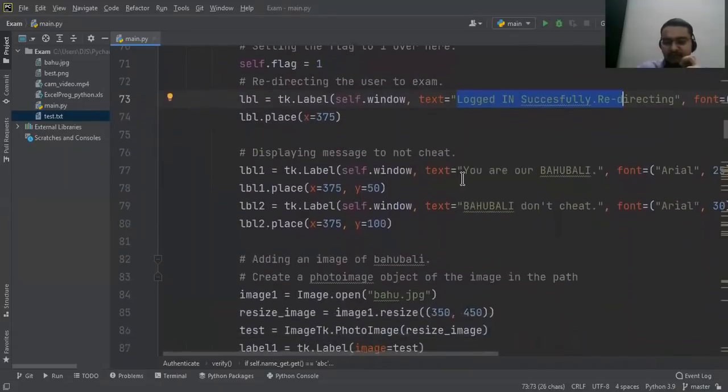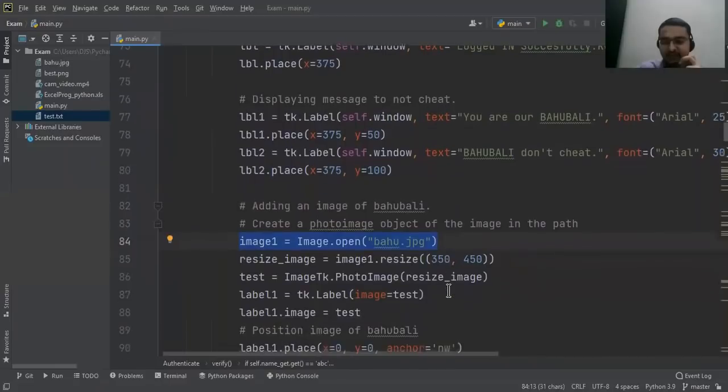I've just put a few formality kind of texts between the login window and the examination window. I've put in a few moments for the students to relax essentially, and that is why there's a bit of fun over here that you are our Bahubali, so that they don't end up cheating and know that they are actually proctored. I have an image of Bahubali for the same, which is again a fun thing to have.